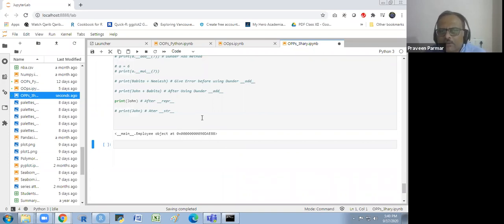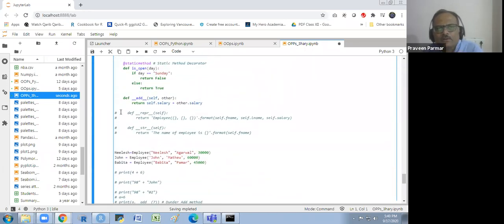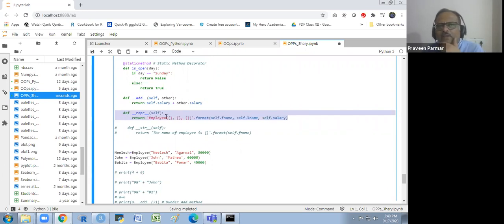But I want to know the thing about the John, so I could use the repr dunder. So I'm using the repr dunder. Here the self is the default parameter, and return Employee curly bracket, curly bracket, curly bracket. Three things are there. John Matthew 60,000.